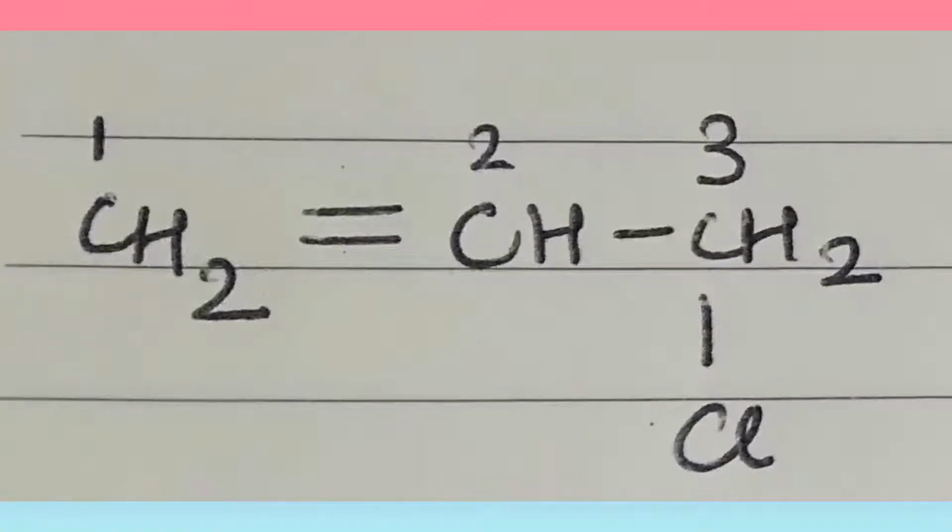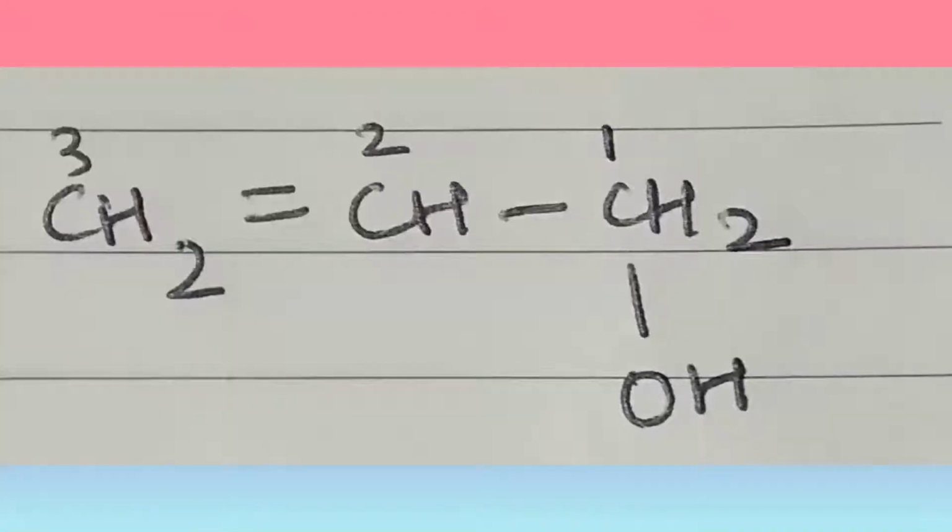Okay, and the carbon atom holding an alkyl group, like methyl, ethyl, propyl, or chlorine, nitro, are given next priority when compared to these groups. So in this one, if you see, there is a double bond and a chlorine attached to the chain. Now, the allotment of the locant, so nothing but the allotment of the serial numbers, is done in such a way that the double bond that is attached to the first carbon gets more priority. So we can say that the double bond here is attached to the first carbon and the chlorine is attached to the third carbon. And this is how we allot serial numbers for methyl, chlorine, and nitro groups when there is a double bond present in it.